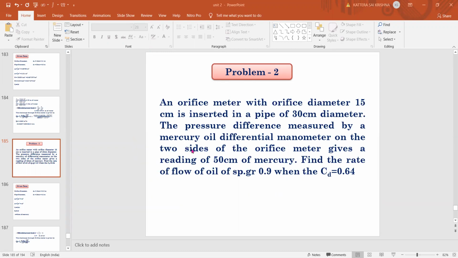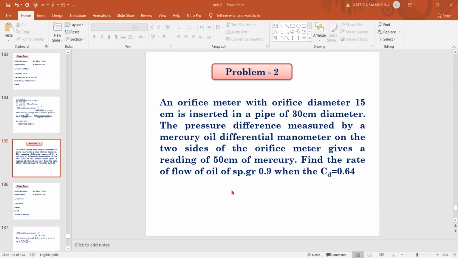In the second unit, for your final exam, they are asking one problem from either orifice meter or venturi meter. In one of the previous papers, the orifice meter problem was given for 10 marks. In other papers, it was given for 5 marks. They have given it under part A for the second question and part B also. Remember, these are very important topics; problems are asked from orifice or venturi meter.